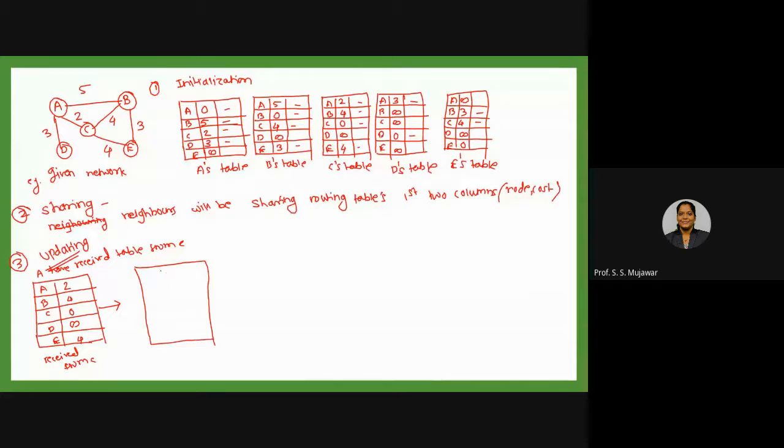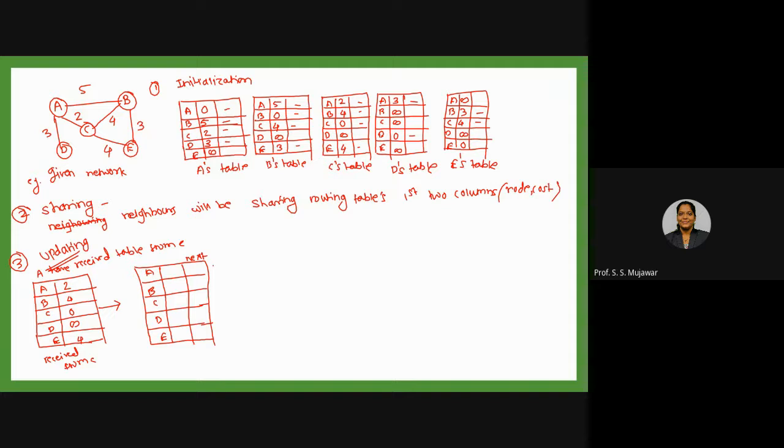Okay. Now A is going to modify its table, a new table modified according to its own table. Now here we will have the third entry, the next hop, through which node we are doing that. By using C, so it will always contain the next hop C. Okay, let me write this: A, B, C, D, and E. Fine.